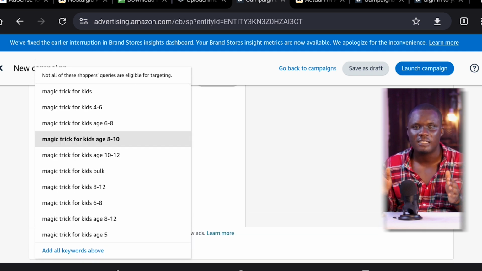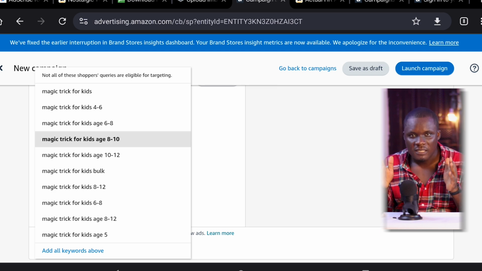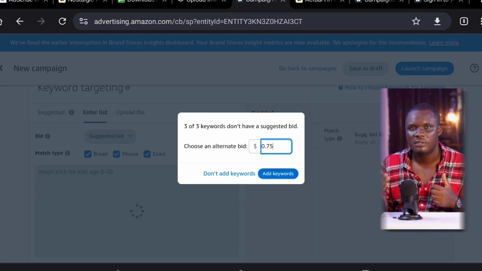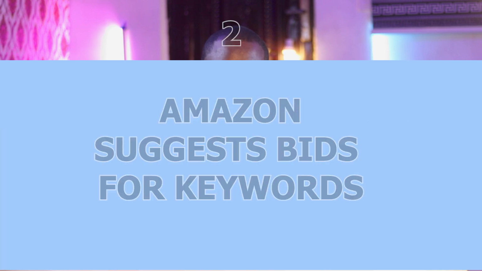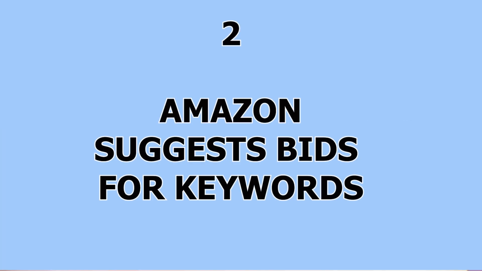keywords that other sellers in that particular niche are bidding on, and in some cases Amazon will suggest how much you should bid on. This tool has a lot of benefits, but there are 2 major benefits from this tool. First, Amazon suggests keywords to you that other sellers use to bid in that particular niche. The second benefit is that Amazon can suggest bids to you for a particular keyword that other competitors are bidding